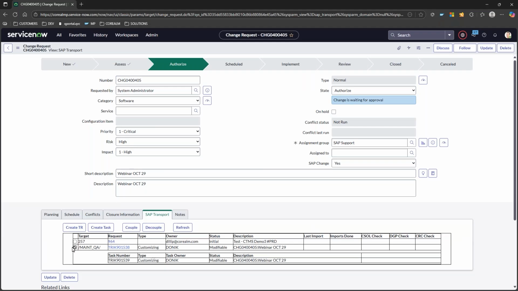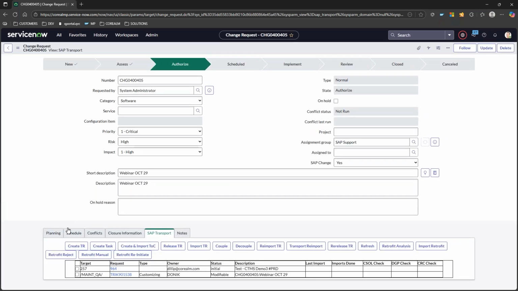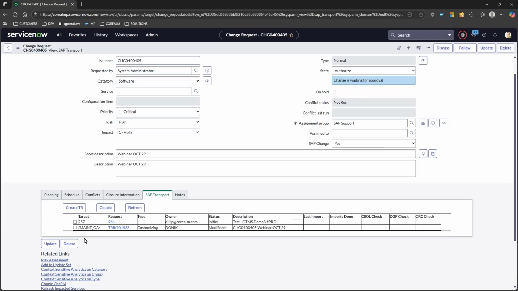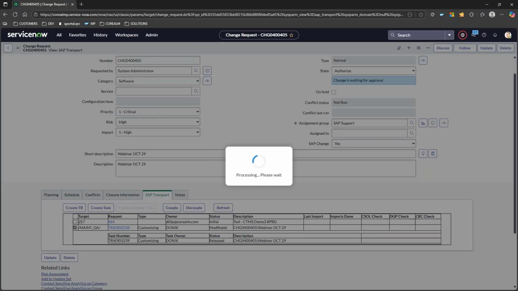But in this case, we're just showing how we can move that package or the transport from one system to another. So what I'm going to go ahead and do is, you notice that we don't see any transport of copies button, but when I select the button now, because the task is released and the status has been updated in ServiceNow, now we see a button where it gives us the opportunity to create and import a transport of